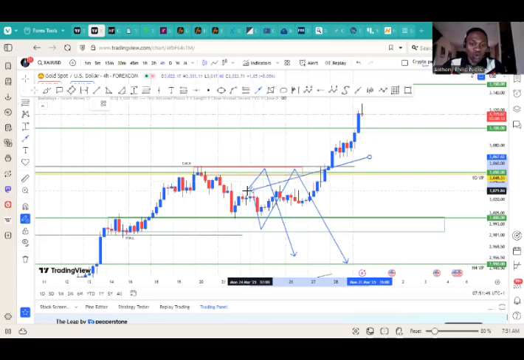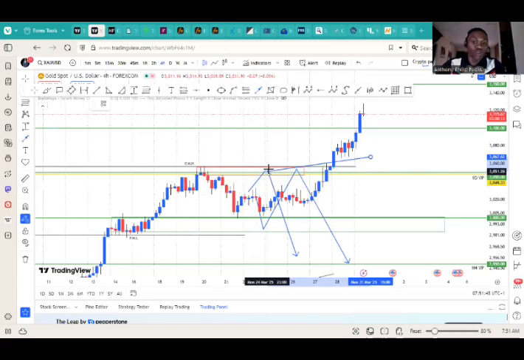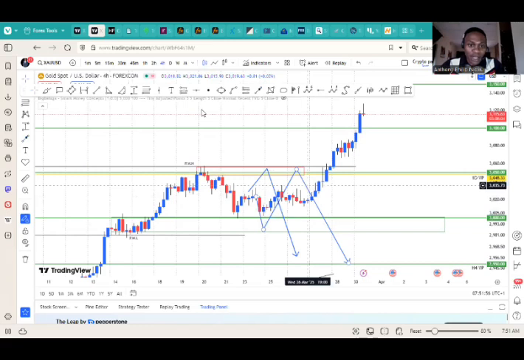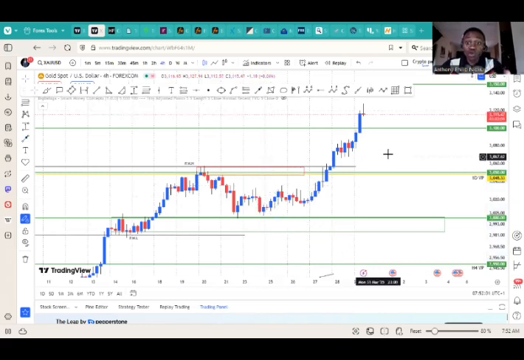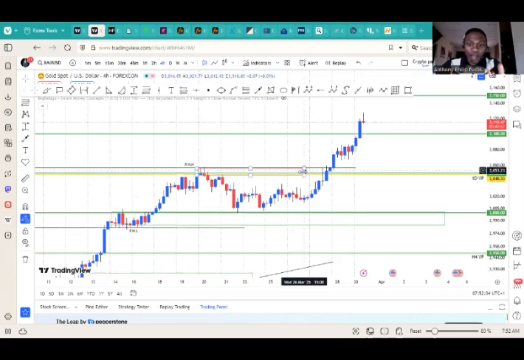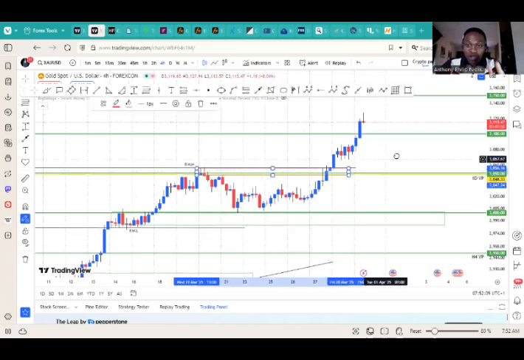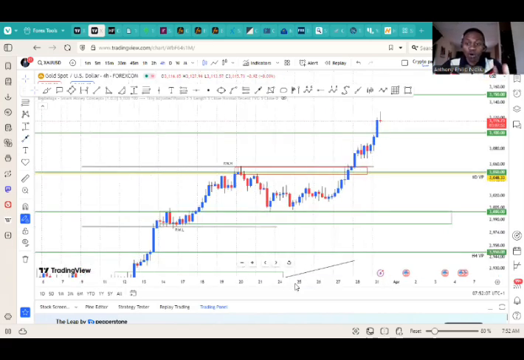The two biases: either from that level where we saw it, it should just move straight towards the supply zone. That one failed. But the second bias was that it needs to go down a bit, and after it goes down, it should then head towards the supply zone. So that was fantastic. And we made two awesome trades on gold sent to our VIP group last week.